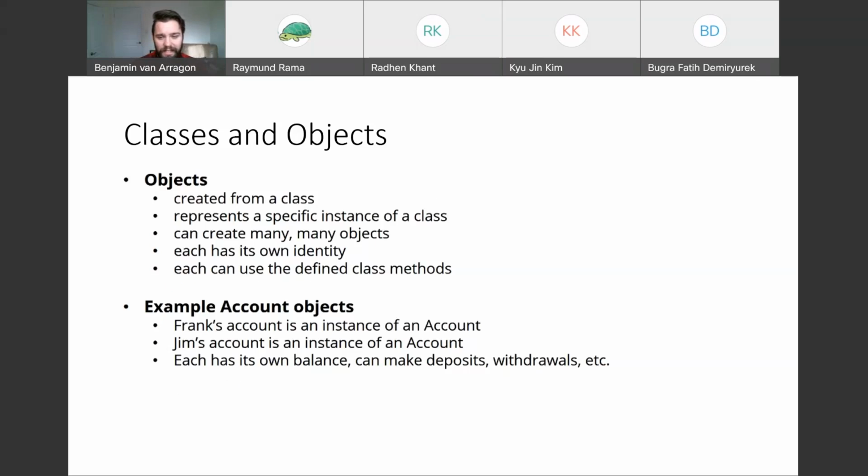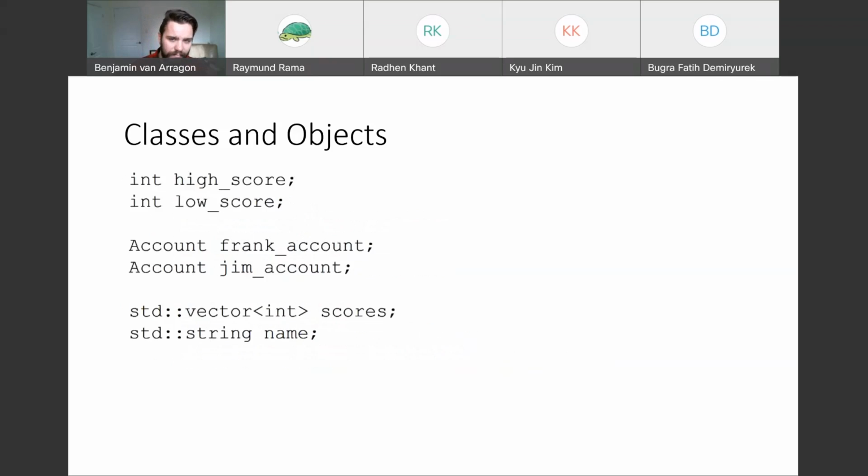Each one has its own identity, and each can use the methods defined in the class template. So we could have Frank's bank account and Jim's bank account, and they each have their own balance, and they each can make deposits and withdrawals. And that's the power of object-oriented programming right there. So how do we declare a class, and how do we declare an object in C++? Okay, well,